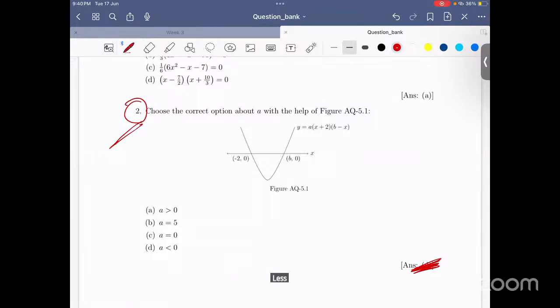Less than 0, how did you get the idea? And the b minus x coefficient is -1, so it will be less than, so be positive and